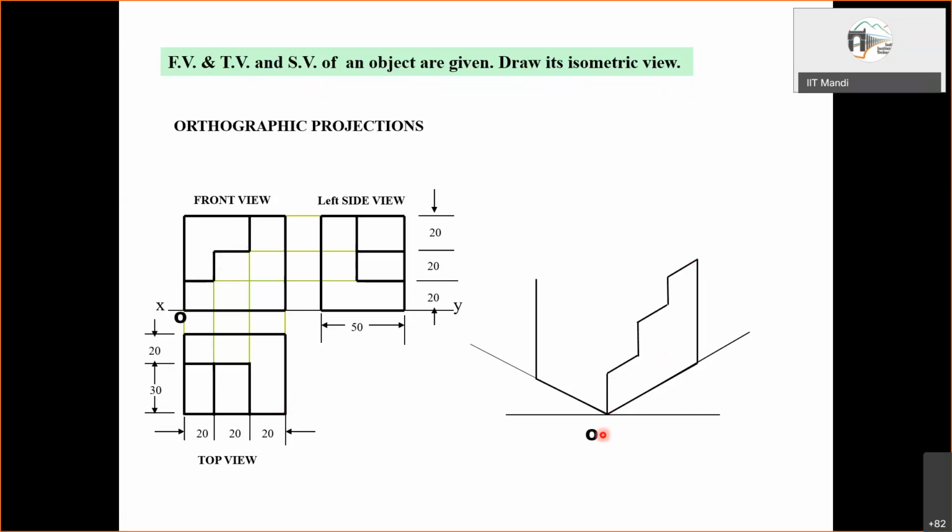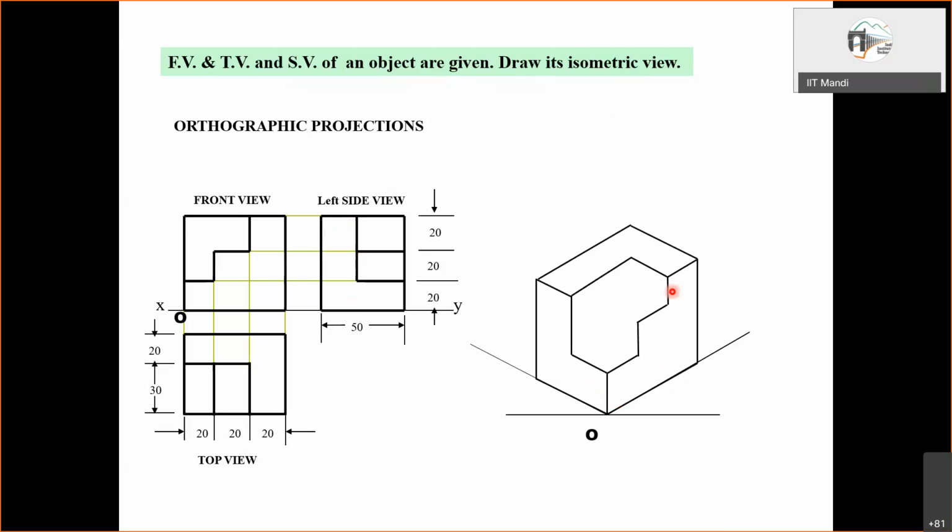Then the left part. So again here, this line tells us we have an L kind of shape over here, like this and this. So this line is marked. The top surface, so this L shape in the left side view, and the same will be on the top surface. It's completed.